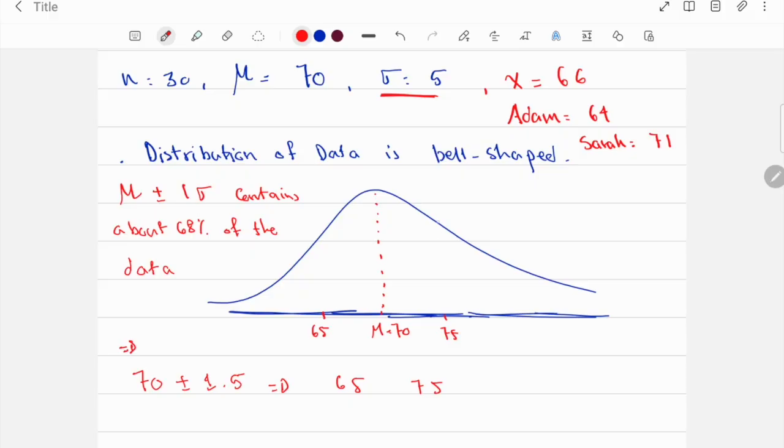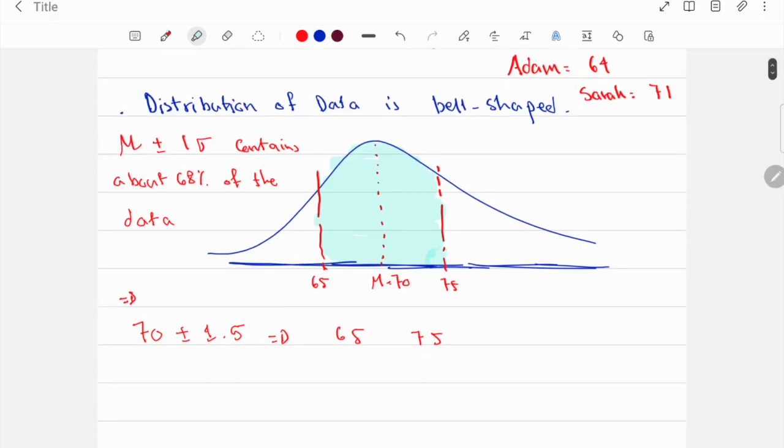So the empirical rule says 68% of the data are between these two values. So 68% of the students in the class scored between 65 and 75. When you look at yourself, you're going to say, oh, I am within the 68% of the class. Also, Sarah is within 68% of the class. The majority of the class scored between 65 and 75. That's the first point. Number two, it says